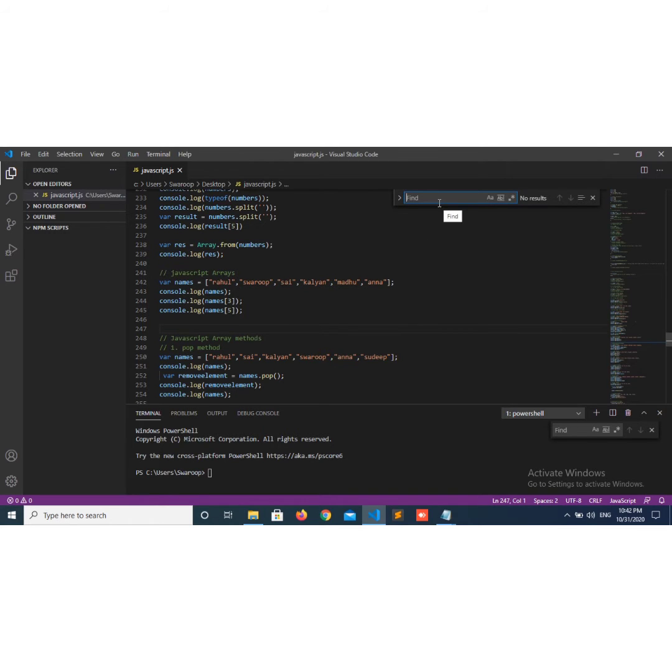Here you can find the word. I want to find names. We can find the required word like this. Okay.